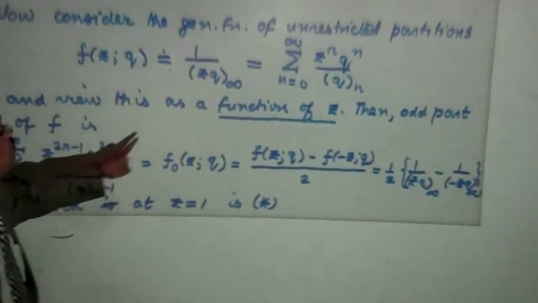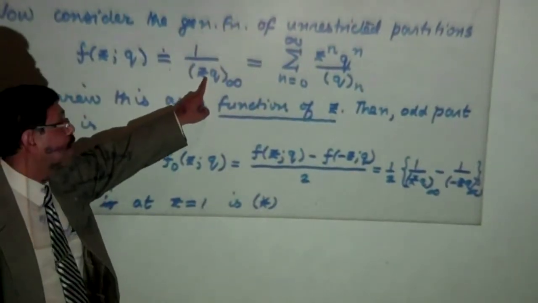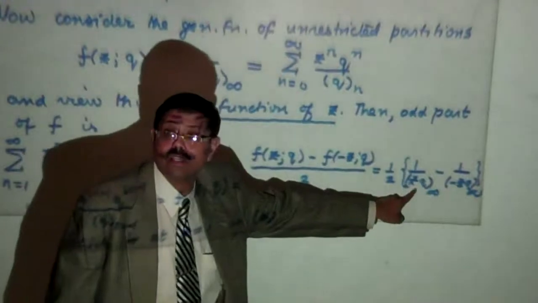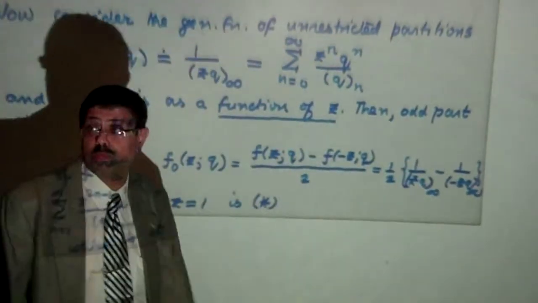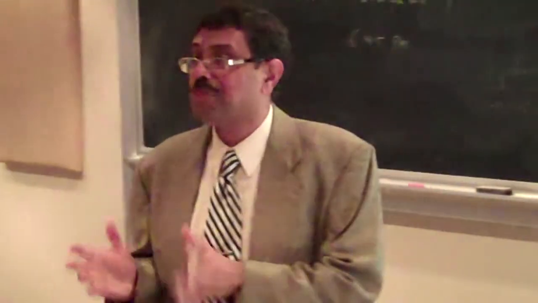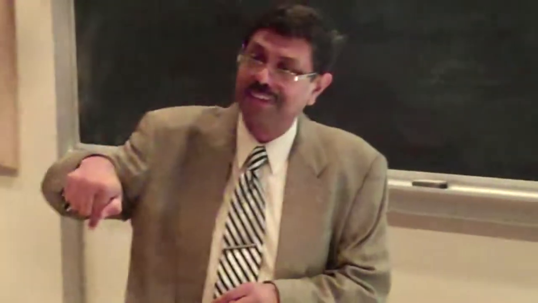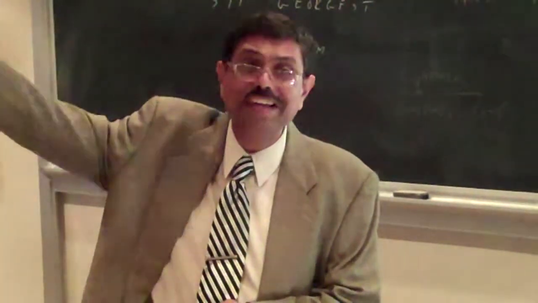Or you can look at the product and you can write the odd part as that. And now I put z equal to 1, and that is precisely this, which proves the special case of Ramanujan's identity. And I liked it because Ramanujan himself, in treating Nathan Fine's thing, even though